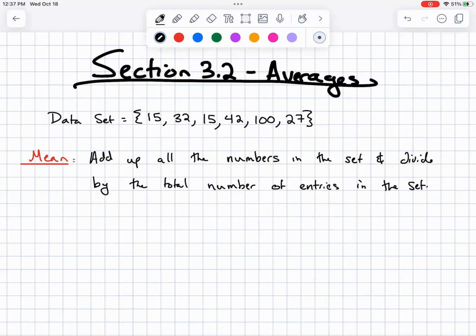And so this data set, it could be anything. Could be scores on an exam, though I would hope not. I mean, only one person got above a 42. So that wouldn't be a good thing, but they could be anything. We don't know. But so in this example, to calculate the average, to calculate the mean,